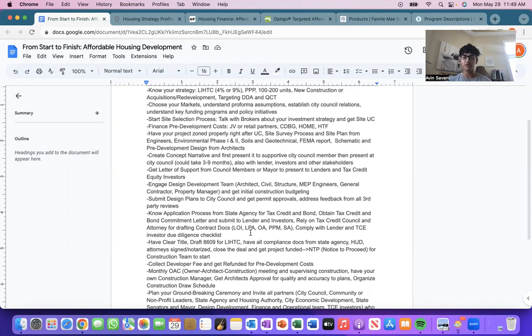So what you're going to be using to present to your city council member, and then eventually the actual full city council, or also the city economic development team and the planning team, is your concept narrative, as well as the site plan and the architectural design plan to them. So it's recommended that for the first meeting, having just one contact within the city council membership is really crucial, just to advocate for your project and your company, and then presenting that to the actual city council,